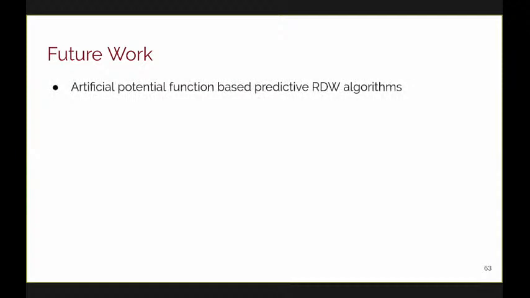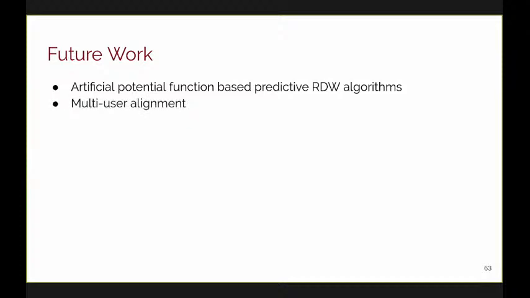that. So that was, again, a really brief recap of some of the experiments that we've run for this work. There's a lot of really interesting future work that we think can come of this. The artificial potential function approach to redirected walking was currently only applied in a reactive manner where we had no knowledge of the user's intended path. And we're really interested in how we can potentially apply techniques like this to predictive algorithms.